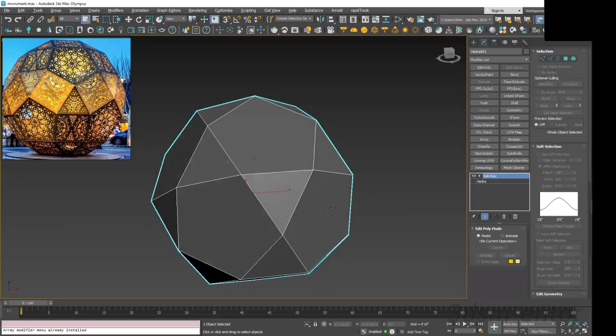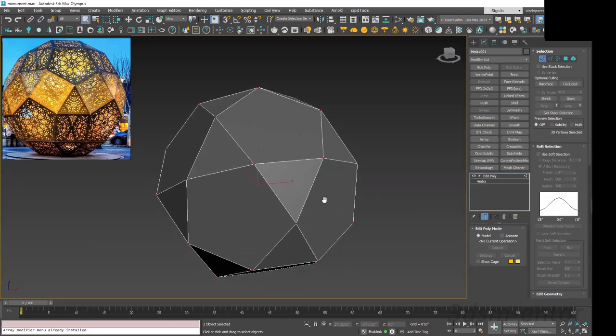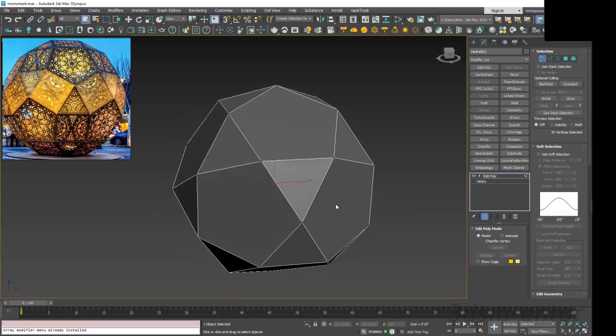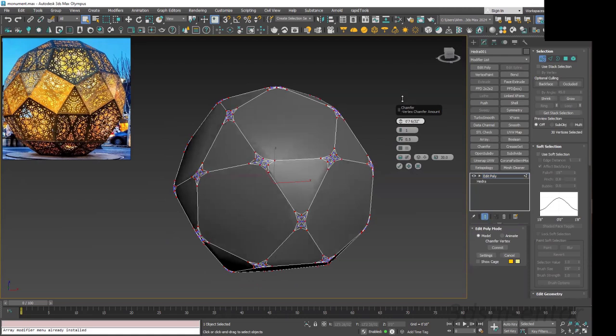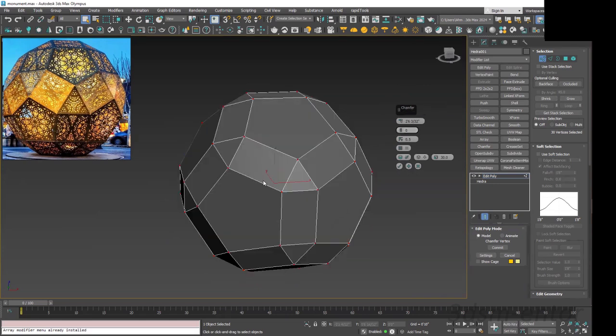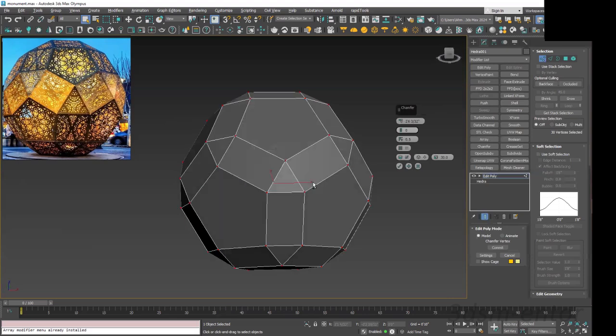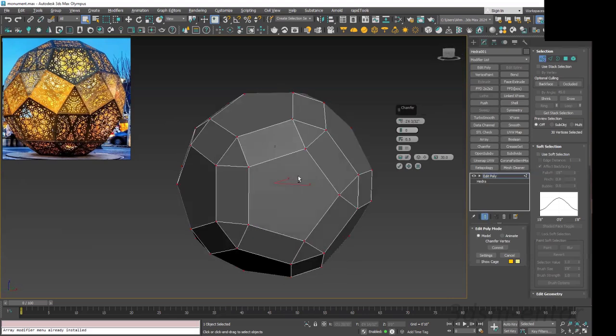So I'm going to apply edit poly on the top and go into the vertex mode, select all, and I'm going to apply the chamfer, setting the threshold all the way to maximum and reducing the chamfer segments from 1 to 0. So you can see straight away we got the nice rectangles in between our pentagon and the triangles. So hit OK,